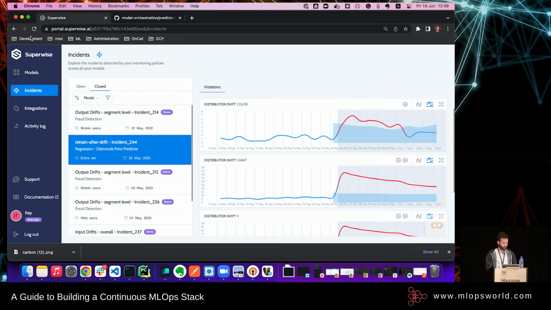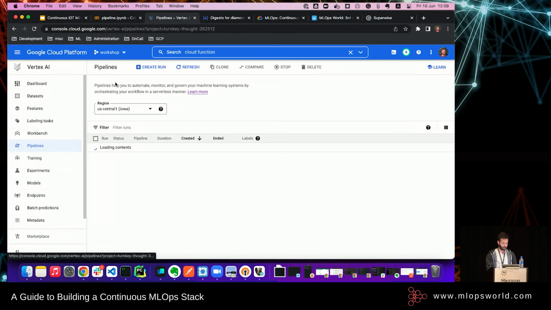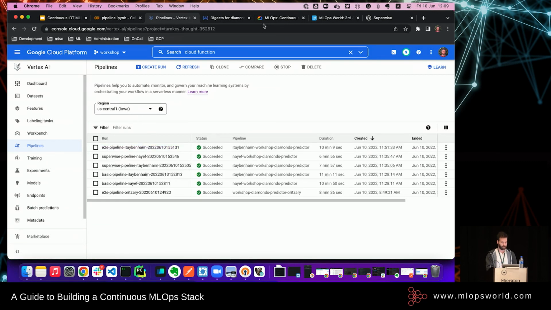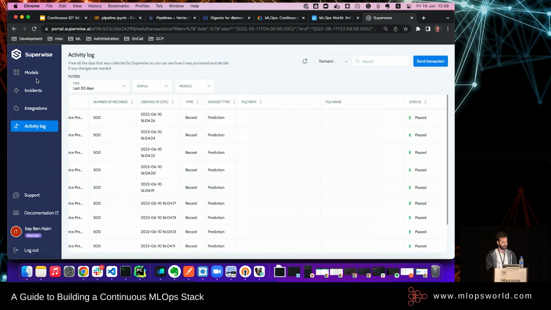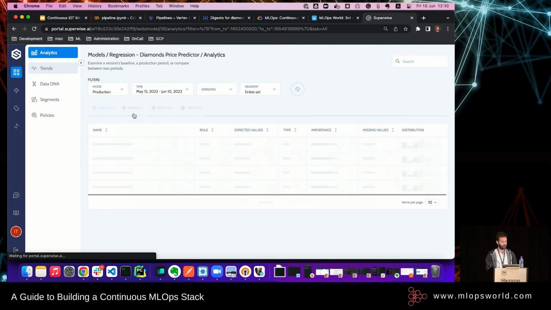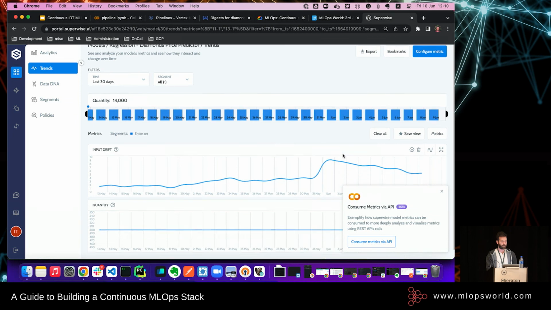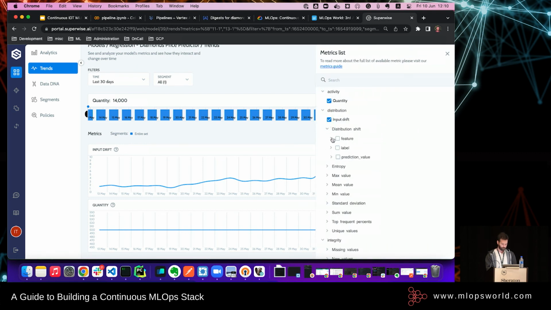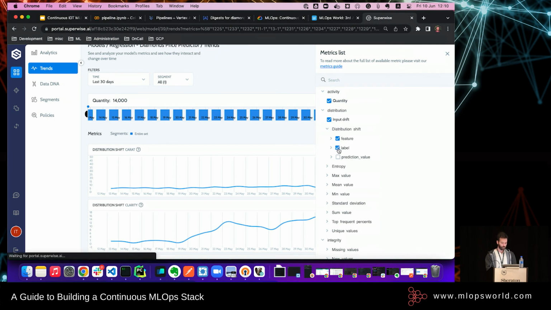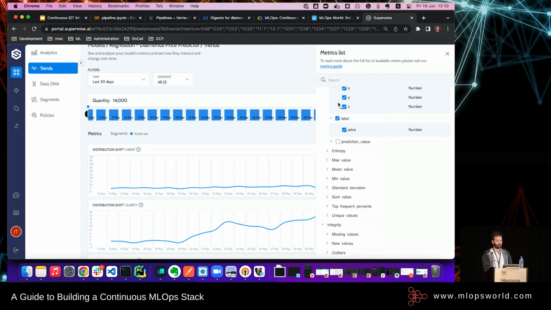Let me see right now if we have a retrain in place, if it has been triggered. Still no. Again, it takes a while because many calculations are done under the hood. Maybe I'll show you one last thing on the production data. Right now we have production data, so Superwise gave us a look at it. We can also see out of the box a few metrics, and we can also configure our own custom metrics. You get many different distribution shifts of features and labels. You can choose which features you want to create a KPI for, and so on.